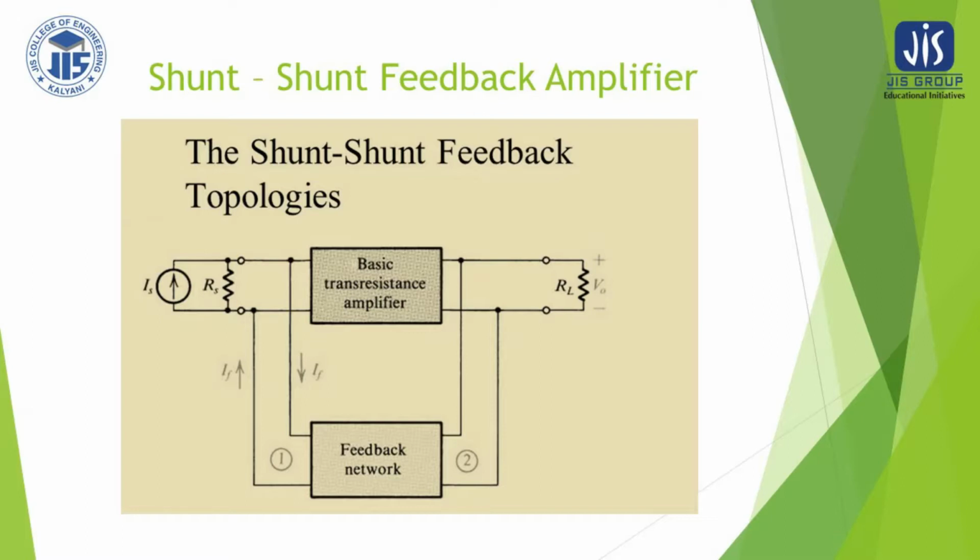So there are two more things that we have to discuss, that is input impedance and the output impedance. To calculate the input impedance, what will be the input impedance here? As we know, this is the Vi. So Vi is the voltage across the input impedance without feedback network. This is the basic amplifier input impedance Ri, and due to this shunt connection, we have to prove that this input impedance will be reduced. So therefore, Vi divided by the source current gives you the input impedance due to feedback amplifier.